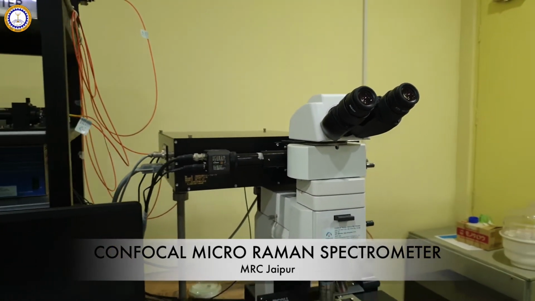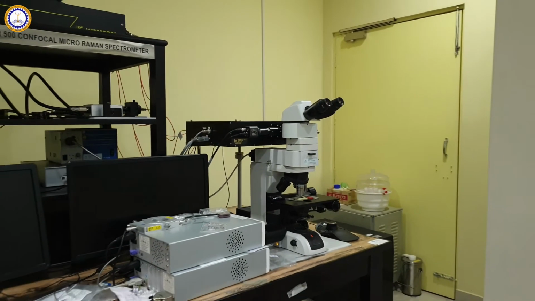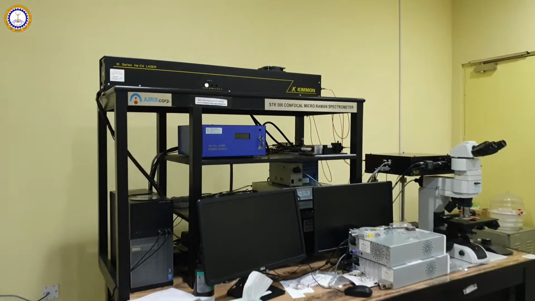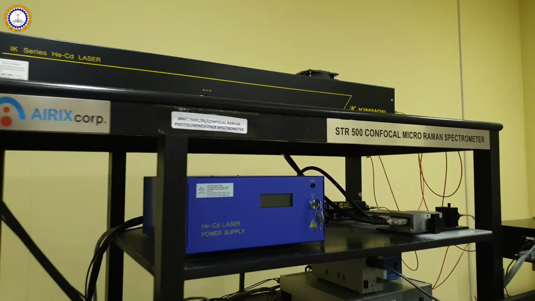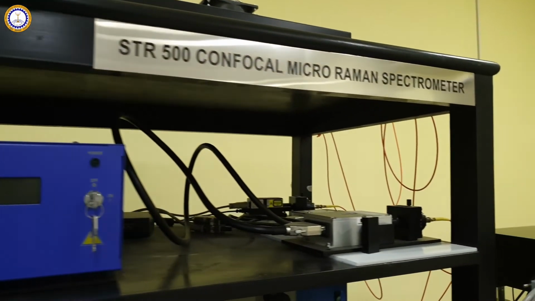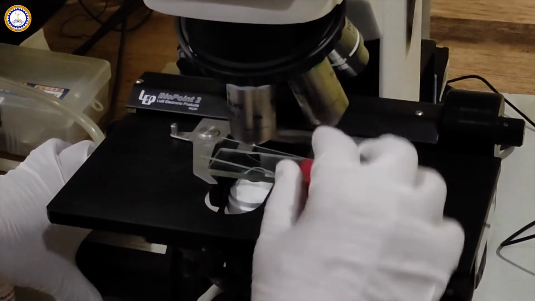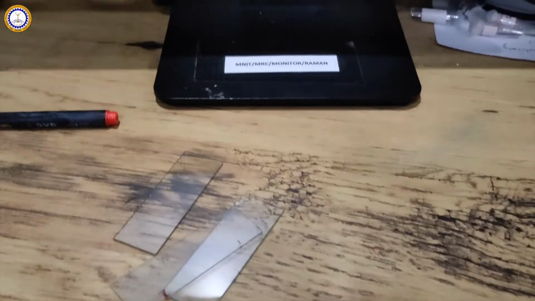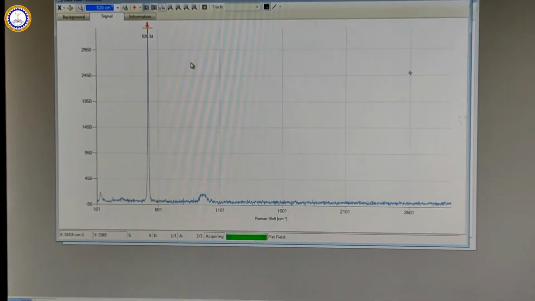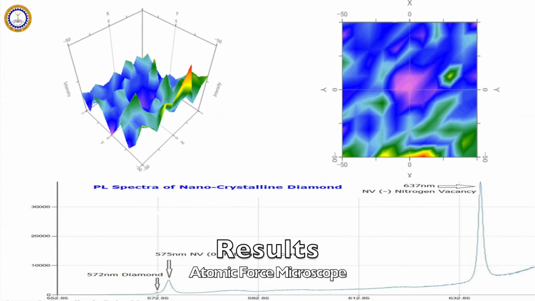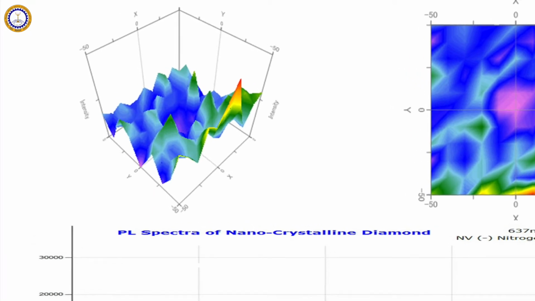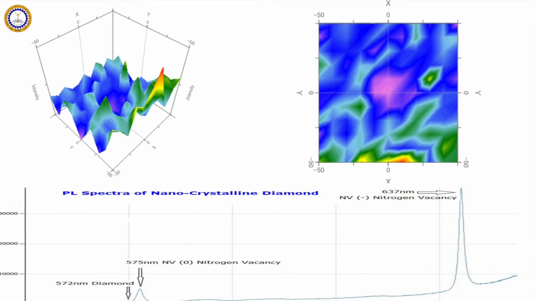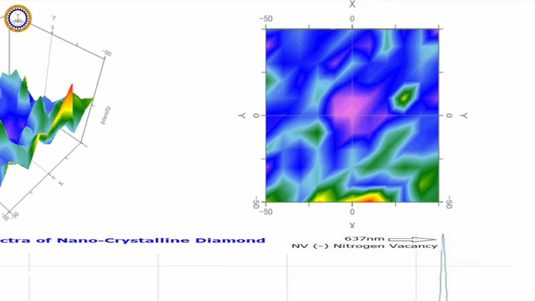Raman spectroscopy is an analytical method in which incident photons lose or gain energy via interactions with vibrating molecules in a sample. These energy shifts can be used to obtain information regarding the molecular composition of the sample with very high accuracy. This instrument can also perform photoluminescence of samples at 325 nanometers, 532 nanometers, and 785 nanometers. Also, there is a variable temperature range at which samples can be examined, which ranges from minus 196 degrees centigrade to